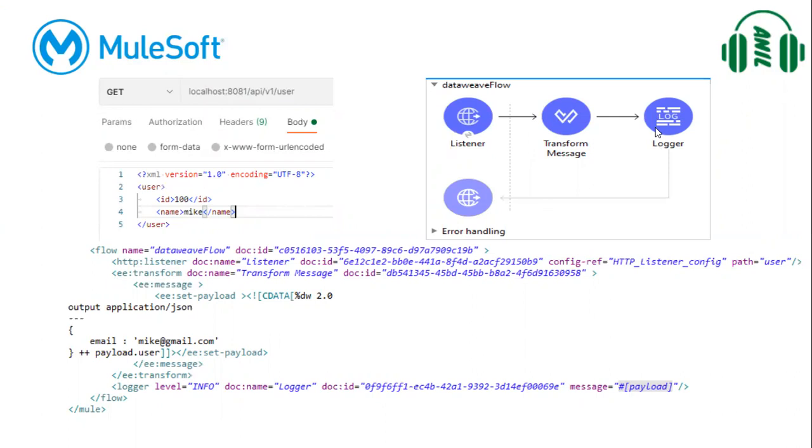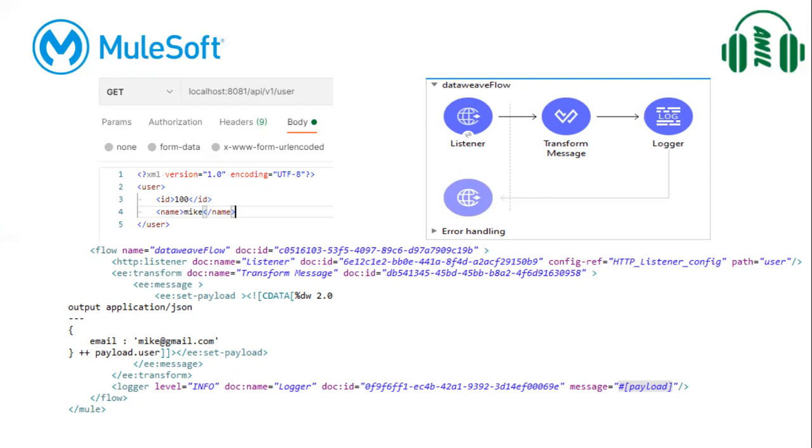So here what they will say is after transformation, we are writing this response data into user.csv file. The question is, what is the data format that is written into that user.csv file?